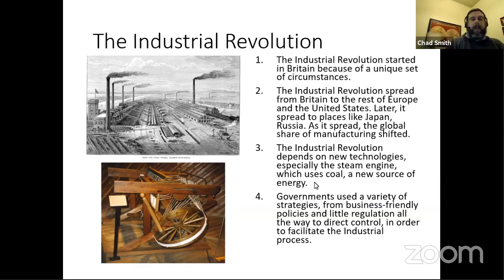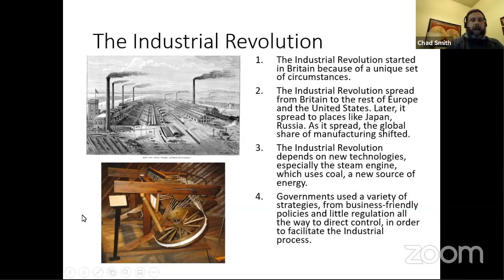Number 2, the Industrial Revolution spread from Britain to the rest of Europe and the United States. Later, it spread to places like Japan and Russia. As it spread, the global share of manufacturing shifted. Number 3, the Industrial Revolution depends on new technologies, especially the steam engine, which uses coal, a new source of